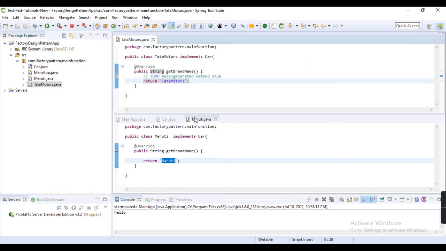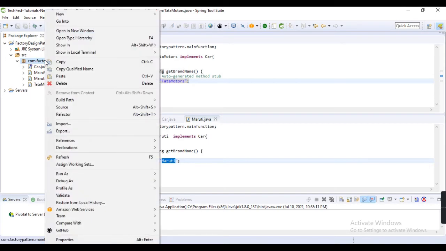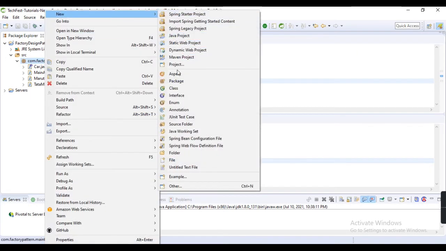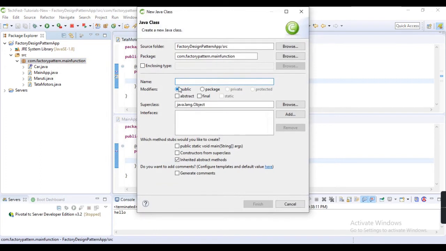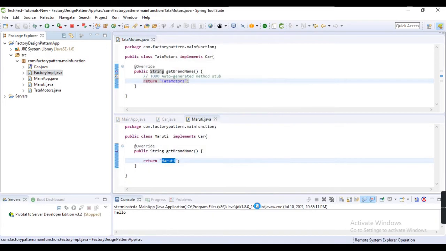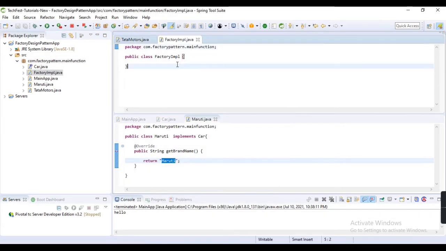Now I am going to create one factory class, the FactoryImpl class.